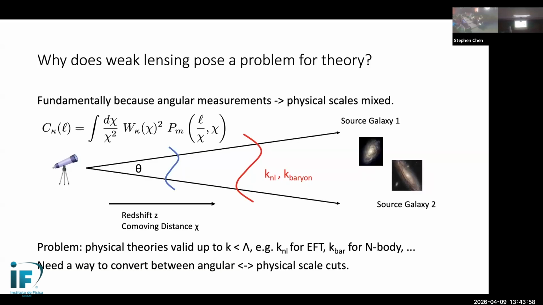Again, I want to remind us of this physical picture where fundamentally our physical theory now works up until some scale and cutoff, where the cutoff is either the linear scale or the baryonic scale. And so you can see that actually this is also a problem for a simulation. In simulations, I also have to do this integral, bearing in mind that this integral has to include scales that my n-body simulation cannot do. So how can I consistently do analyses given a physical cutoff in angular space? I think that's the question that I want to answer.